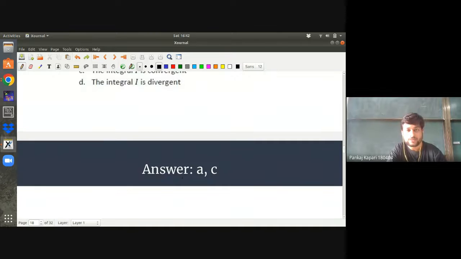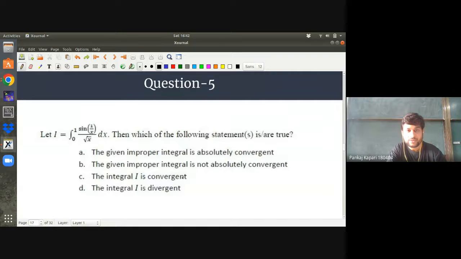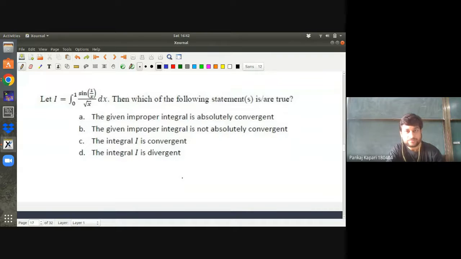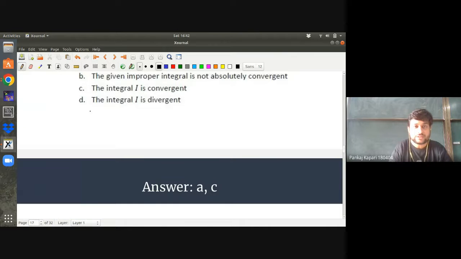Okay, let's start with the next problem. There is a term that is called absolutely convergent. So when an integral is absolutely convergent, let's write that definition. So we say that the integral, let's say